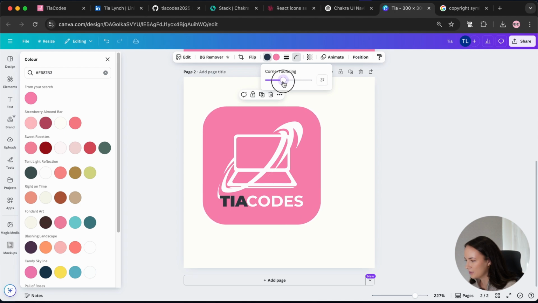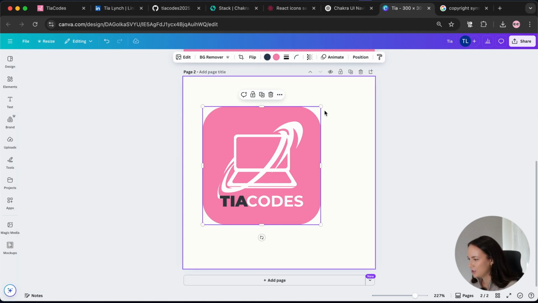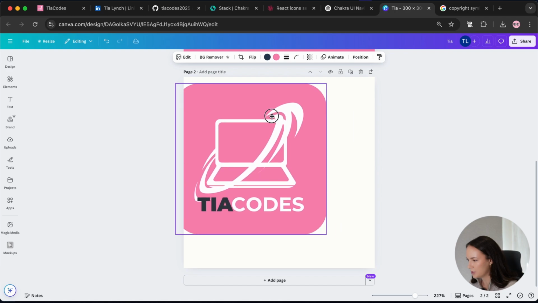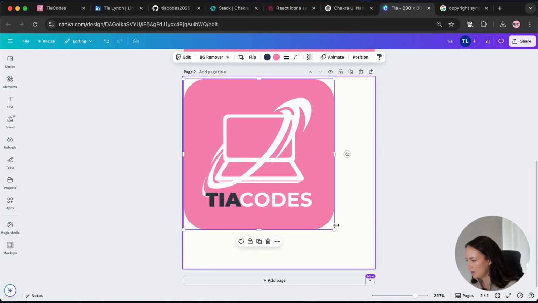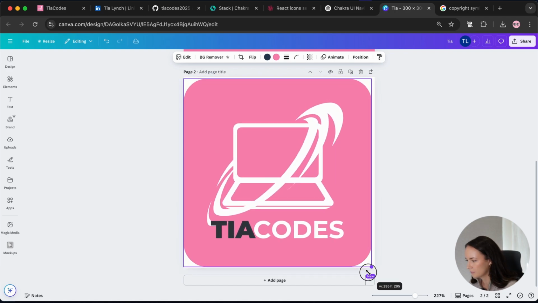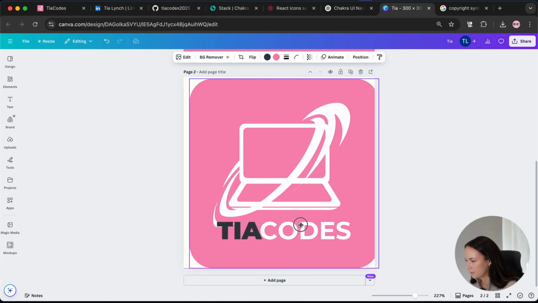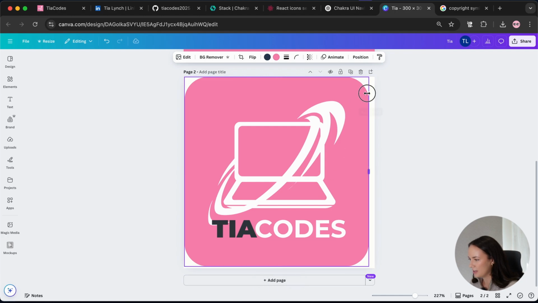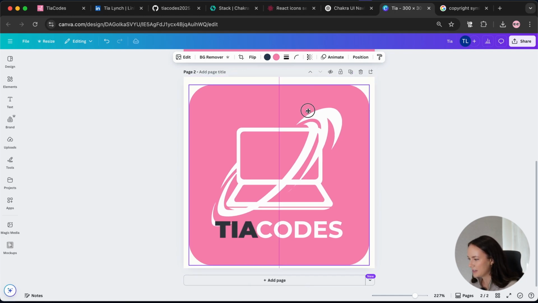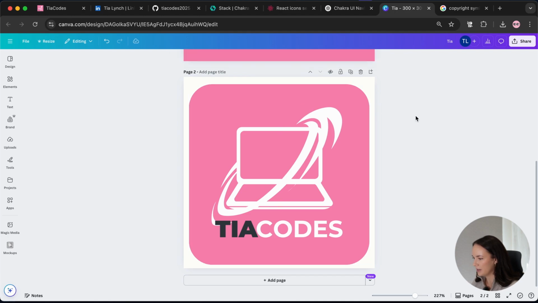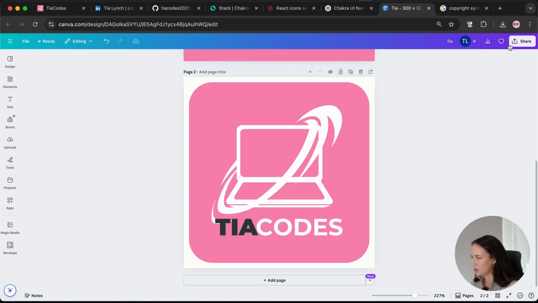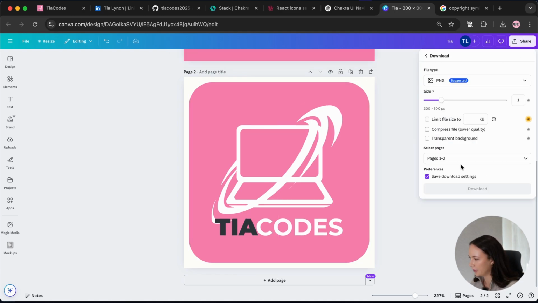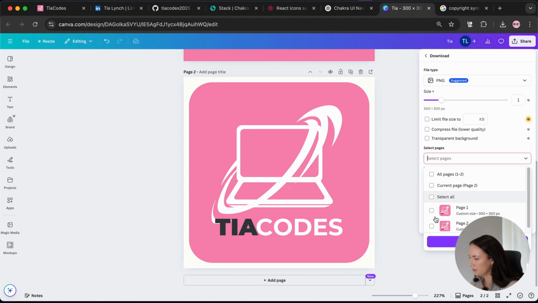So then you can just kind of guess and use the image like this. So you would just make it slightly bigger. It obviously doesn't need to be exactly perfect for these purposes, but that's how I would do corner rounding in the logo bar. So you would just go share, download, page 2,